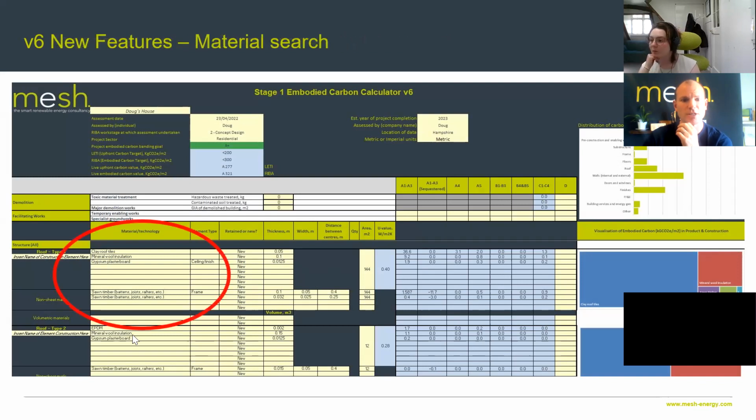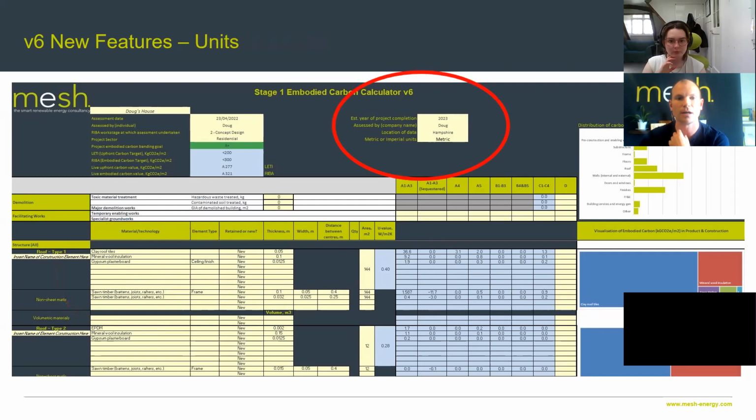And the first of those changes is around the material search. So as I said before, in this area here, if you're not familiar with the calculator, or you are and just need reminding, this is where you're picking all the materials. In this particular case, this is for a particular roof type. So in all of these cells here, you used to manually have to search through the entire list of, say, 50 materials. Now we have